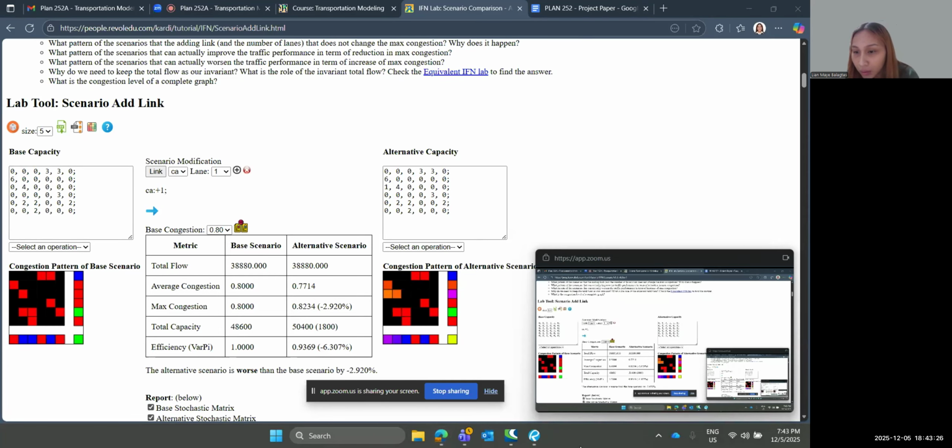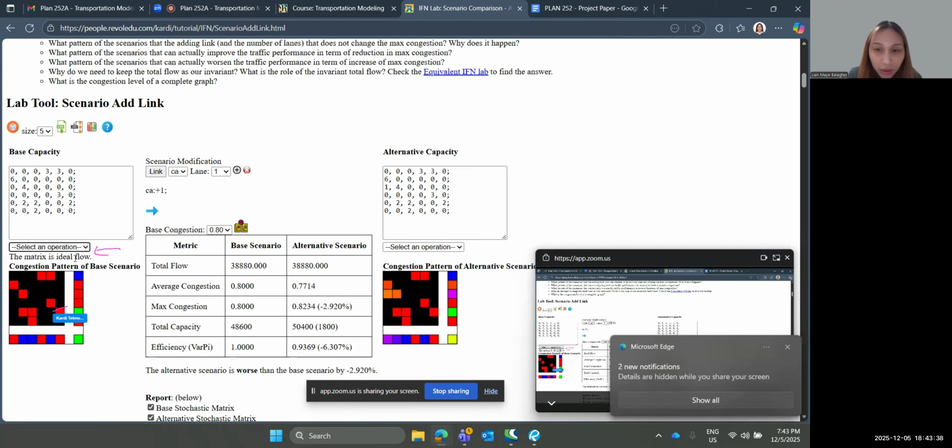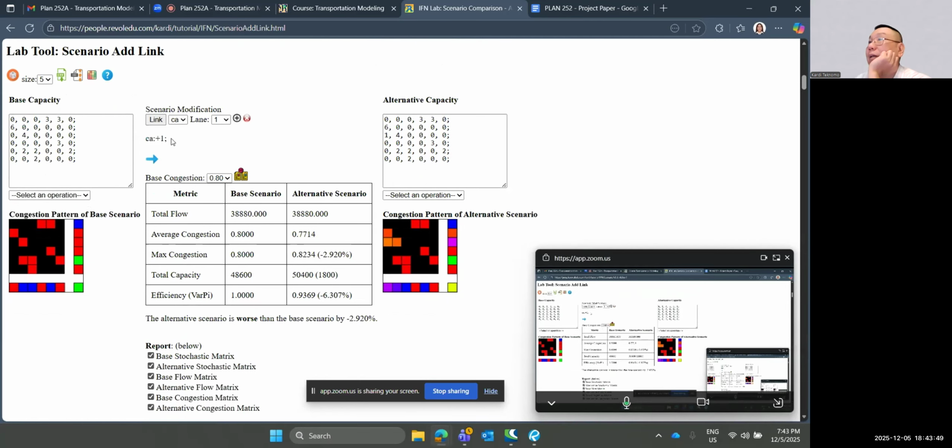So you check it here. Is it ideal flow? Yes, it is, right? Yes. So then we will add CA plus 1. CA, yes. Then,